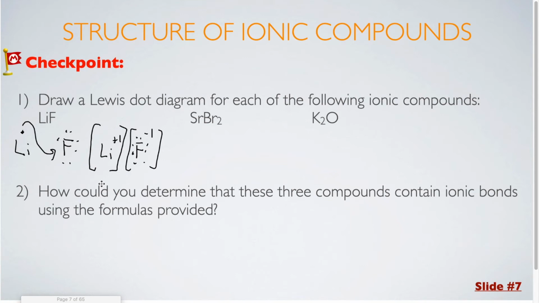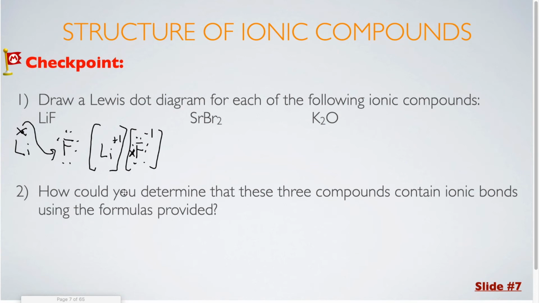Now, if you are writing this on your paper or if you are trying to fill it in on Cami, I suggest that you try to use different colors to color code like I did in the previous example. Maybe use blue for some of the dots and then red for others, just so that you can more easily keep track of where the electrons are going to and from. If you're unable to do that with colors, you can also use different symbols. So maybe you use an X for this electron